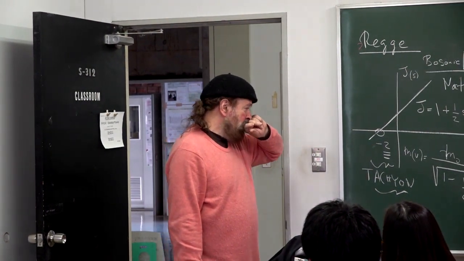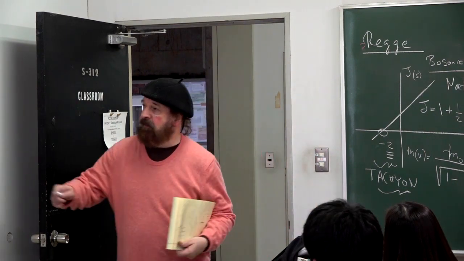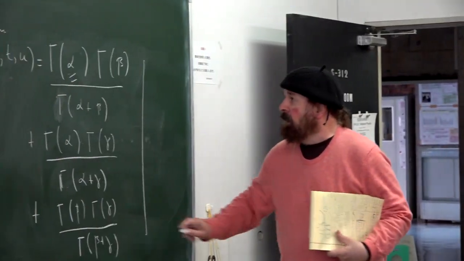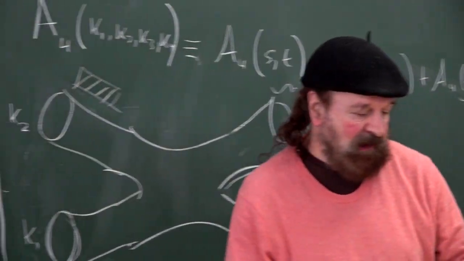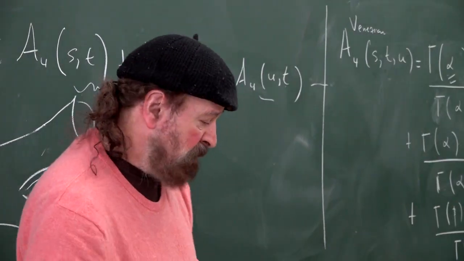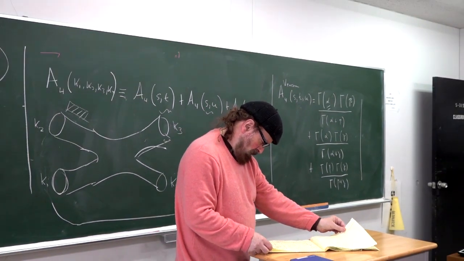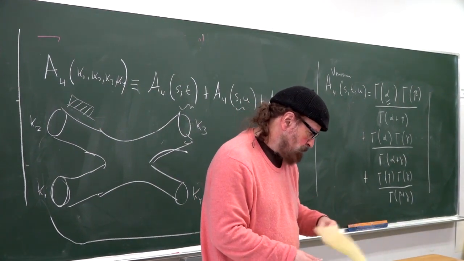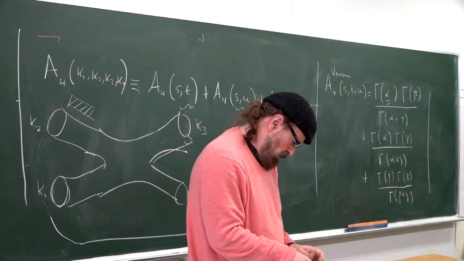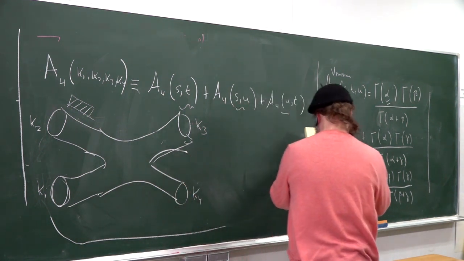Okay, so now I'm going to show you what happens to this expression here. I'm going to give you the functional relation of alpha, beta, gamma as a function of s, t, and u. So what happens here is that